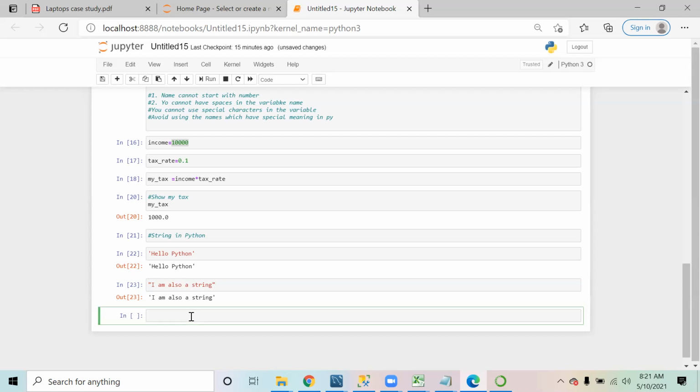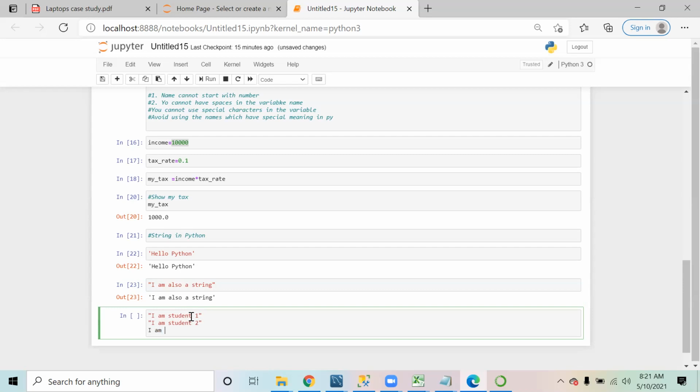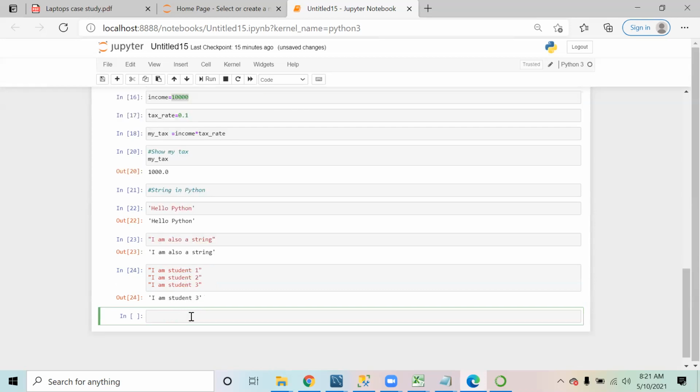Now, suppose you are writing multiple strings. Suppose you write: I am student one, I am student two, I am student three. Suppose we are writing this code.